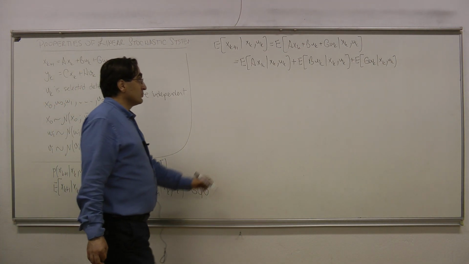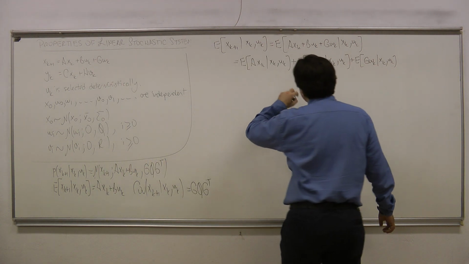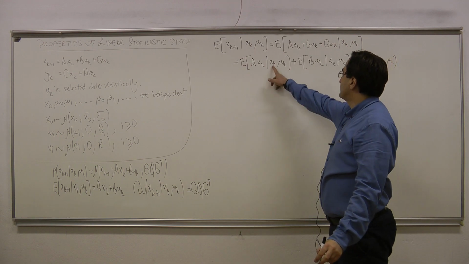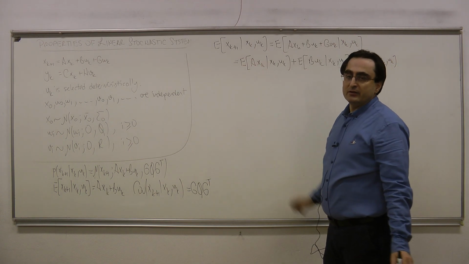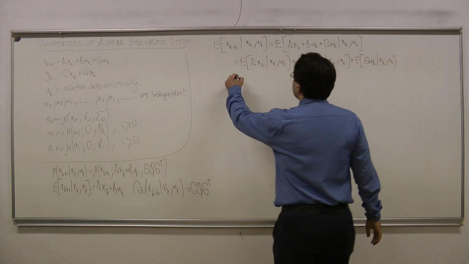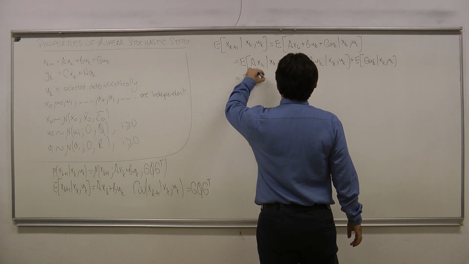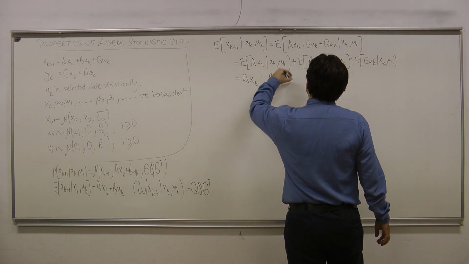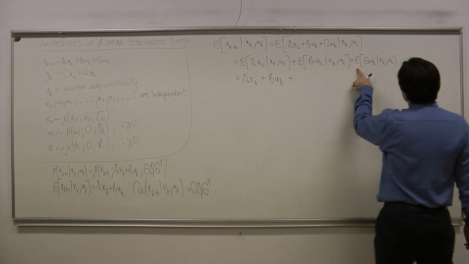So now I would like to calculate the expected value of axk when xk is given to us. Okay? When xk is given to us, this quantity is deterministic. So it gets out of the expectation directly, axk, plus similarly for this one the same, buk, plus